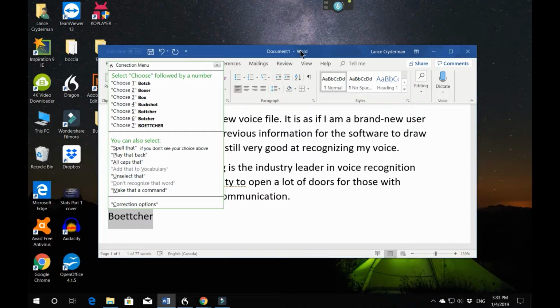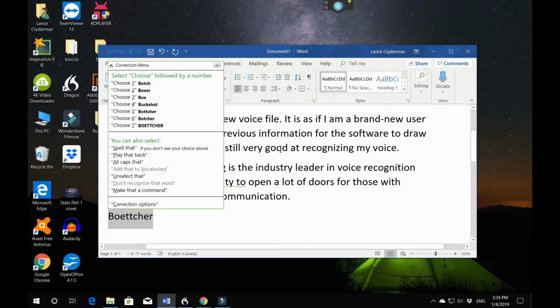Okay, so my bacha friends, or bachi friends in Canada, you know what I was trying to say there. And you know that Dragon is not going to recognize bacha, because bacha is a very unique sport, and it's something that Dragon's not going to come with an understanding of right off the bat. So there is a way for you to train Dragon to recognize it